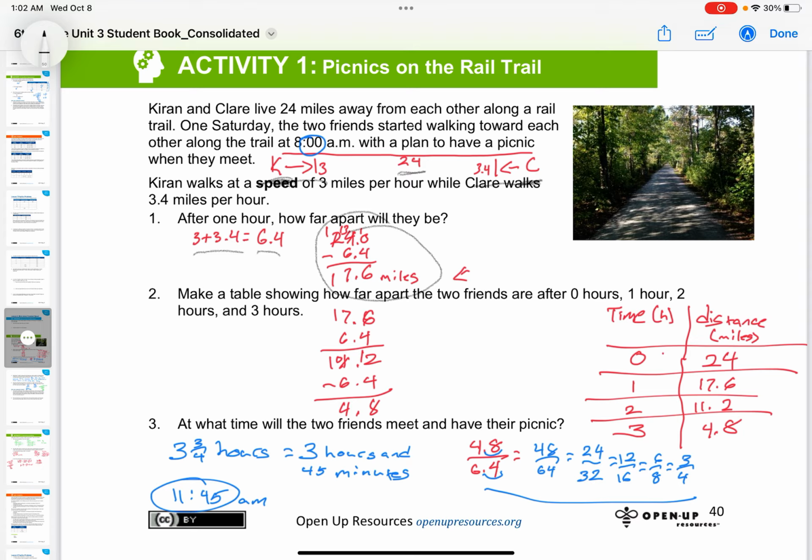So question 2 says, make a table showing how far apart the two friends are after 0, 1, 2, and 3 hours. So we make our table. Well, after 0 hours, they haven't gone anywhere. So that means that they are still 24 miles apart. And so after 1 hour, we already know that they are 17.6 miles apart because that's what we just found